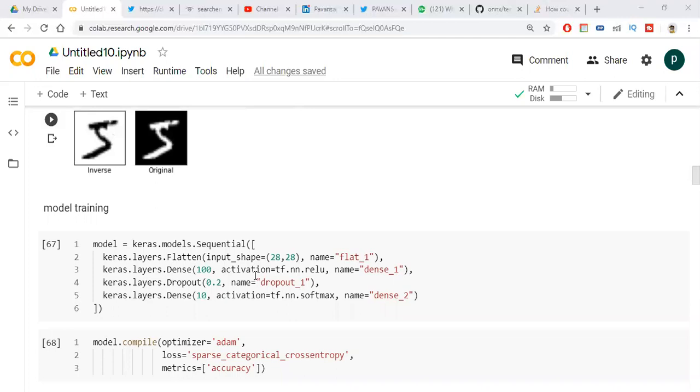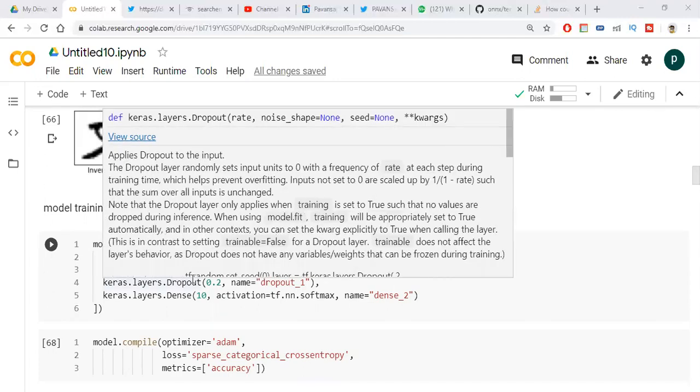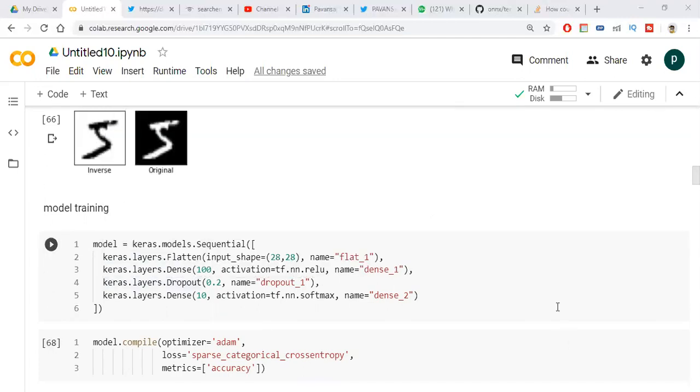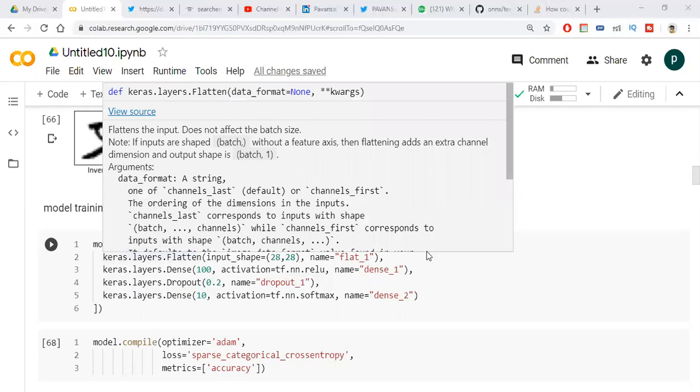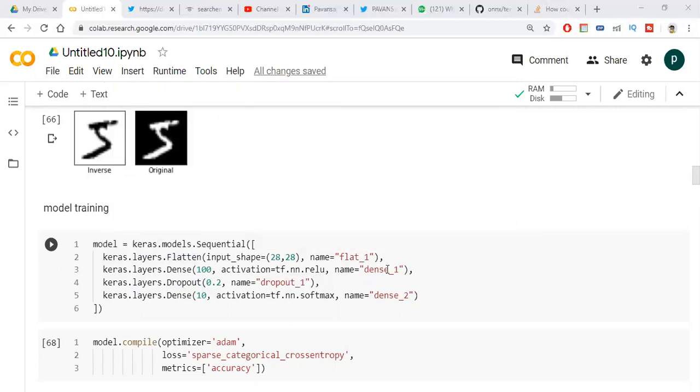And I am training the model. I am giving a dense layer and a dropout, and there are 10 classes, 0 to 9, so our output layer is 10 units and goes to a softmax layer. I am giving names to the layers. I am flattening all the inputs, then adding dense and dropout. I am using dropout to remove unwanted neurons present in the data at the time of training.